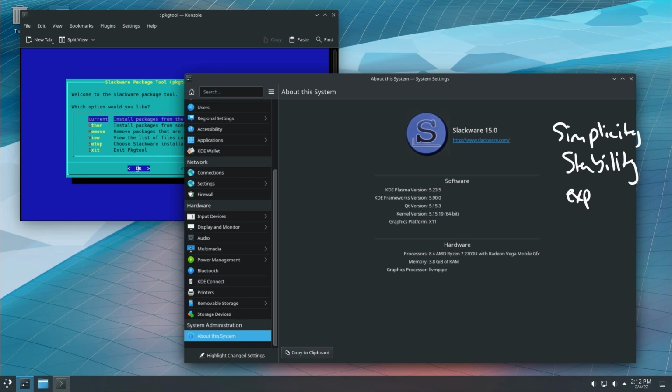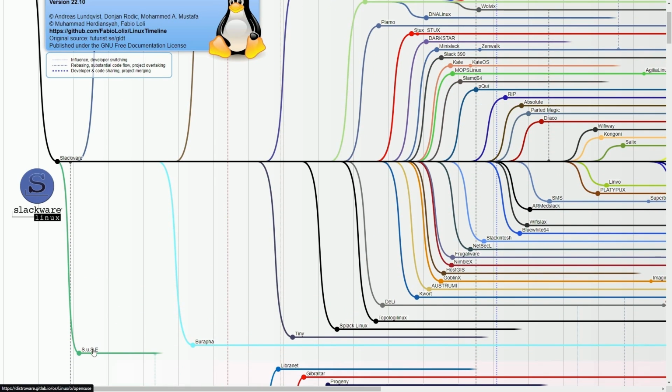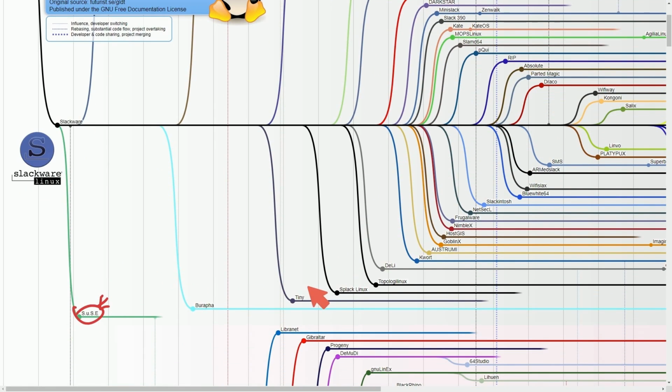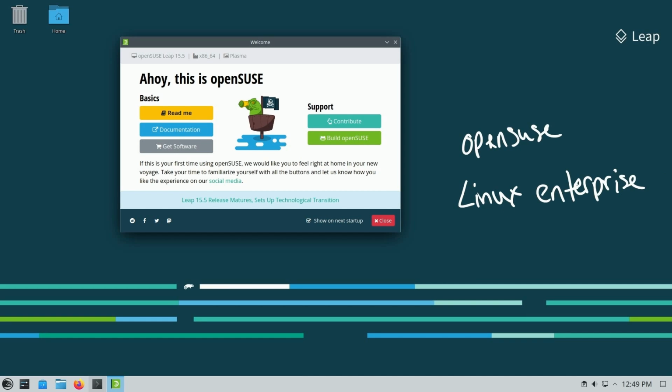That's why we have other Linux distributions, because if you have a specific use case, there's probably a specific Linux distribution for you. Let's get back to the timeline and talk about some of the big names that have come in from Slackware, including SUSE, which is down here. Here's another popular Linux distribution, which later led to a community-driven effort called openSUSE. SUSE is an open source commercial Linux enterprise distribution or operating system.